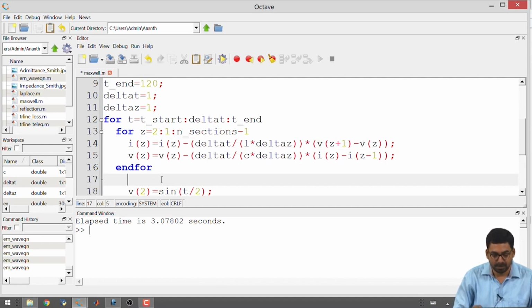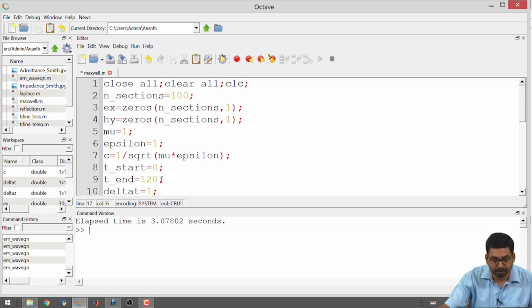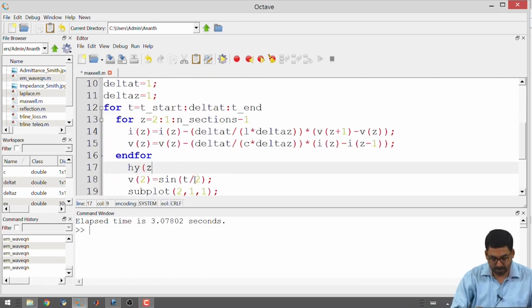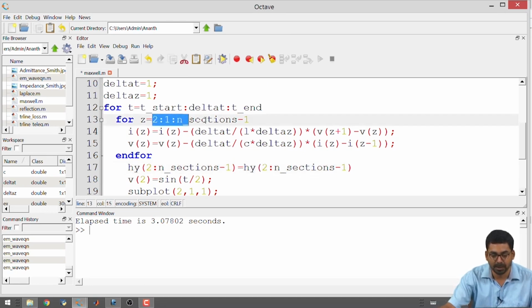Right. So, first I am having the update for I. I am going to take this as Hy of z is equal to Hy of z. Okay. So, z in this case is 2 to n sections minus 1. So, I am just going to substitute for h directly. Okay. 2 to n sections minus 1 is coming from the definition of the loop itself. So, it is in this line, right,